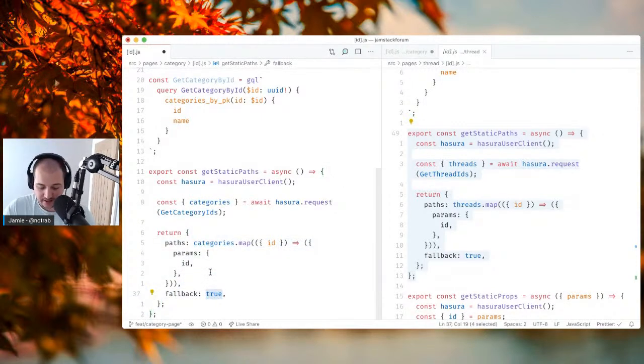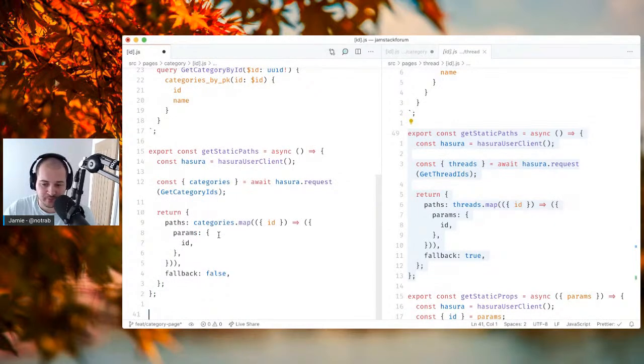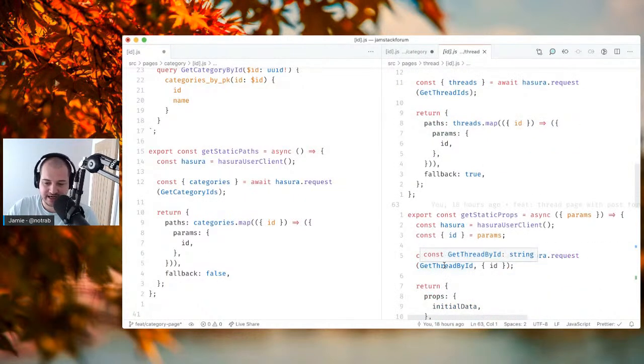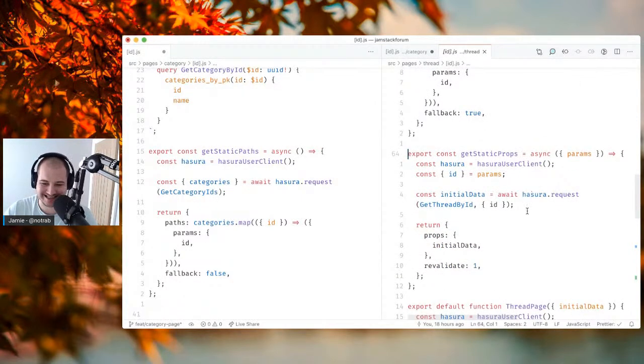Now fallback, I'm actually going to set this back to false. We don't have an admin panel on the client right now, so most of the administration of this forum is going to happen inside Hasura for now, in terms of creating new categories. So if down the line we want to enable the ability for people to create categories that are moderators or admins or whatever, we may switch this to true, and then that can be regenerated on the fly. But I'm happy for now just to take that overhead and be like, well, whenever there's a new category added, I need to redeploy the site to statically create that